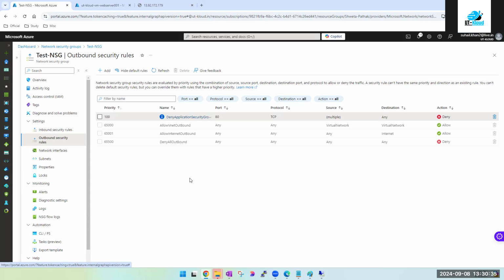What else is the benefit? In future also, if I want to block something on a machine, I'll simply put in my script or instructions to my implementation engineers that whenever you create a web server, this web server application security group should be applied to it. Got it? Okay.